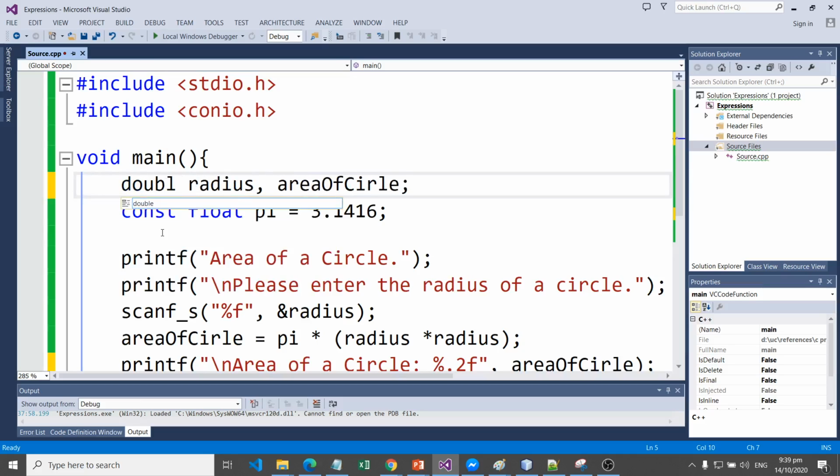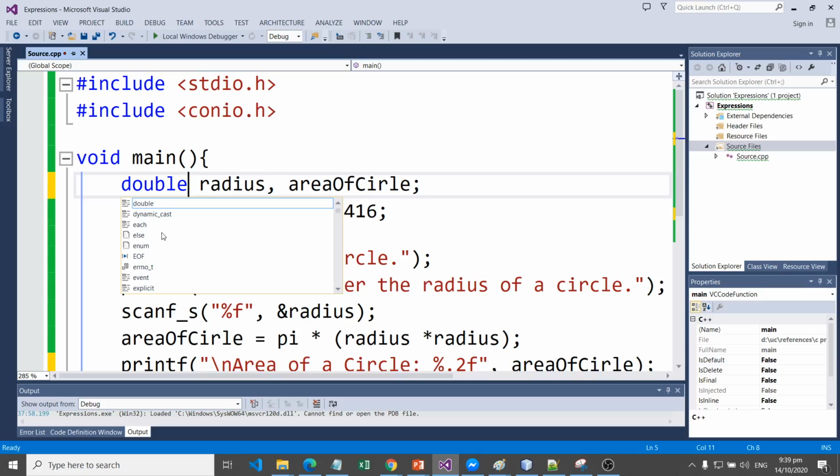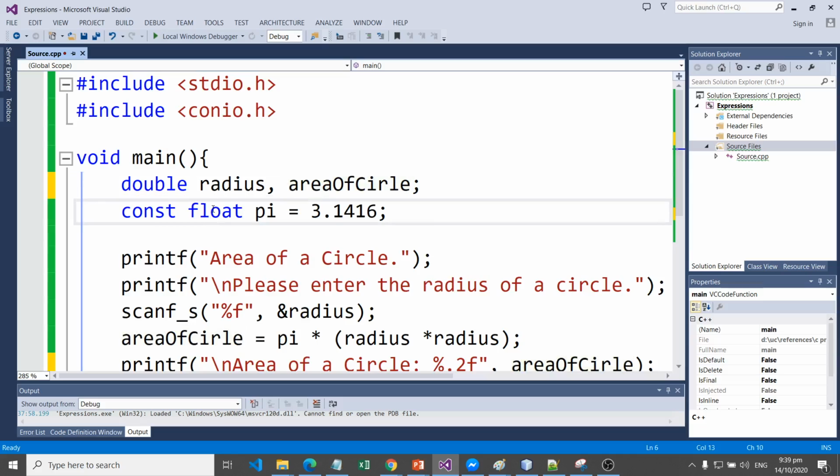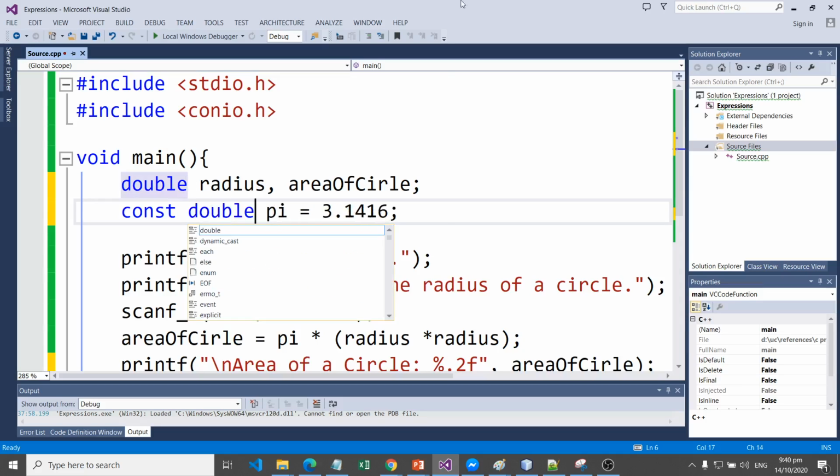The only difference of the double and float data type is the precision and the storage that it will cater. The float data type caters only for 4 bytes of data, while double caters up to 8 bytes of data. So now I will be using double instead of float. And